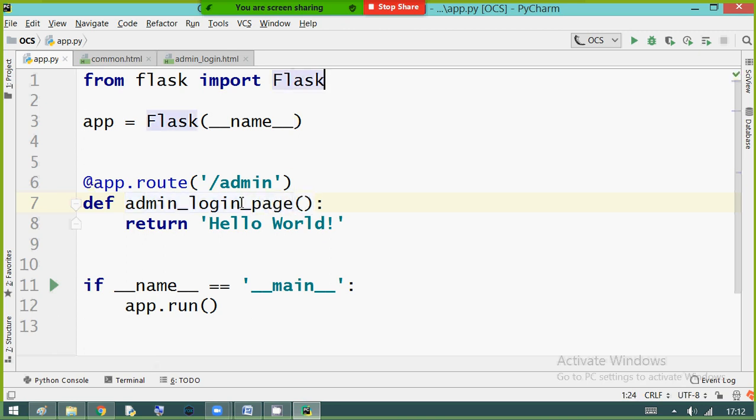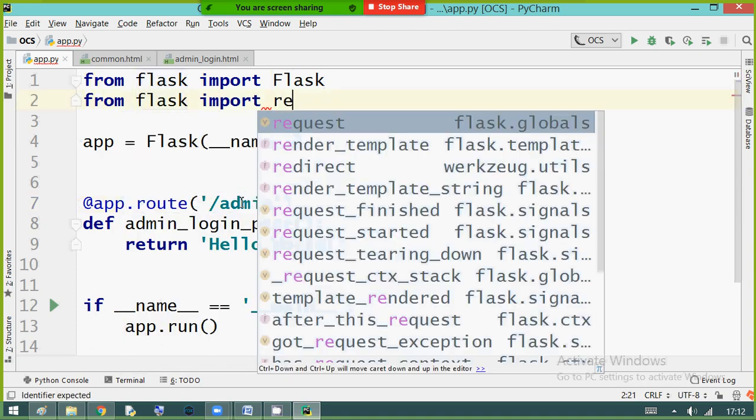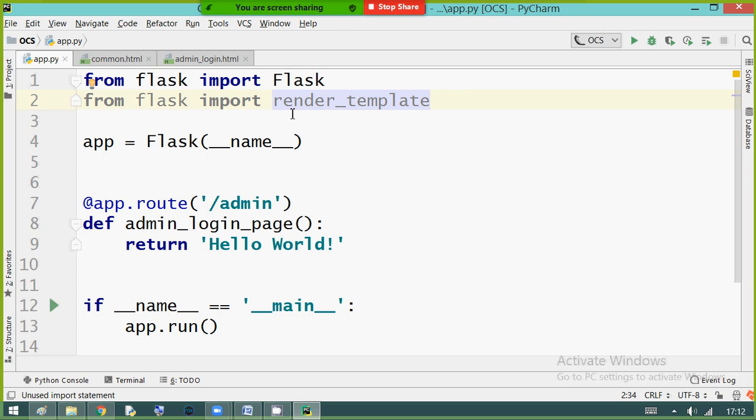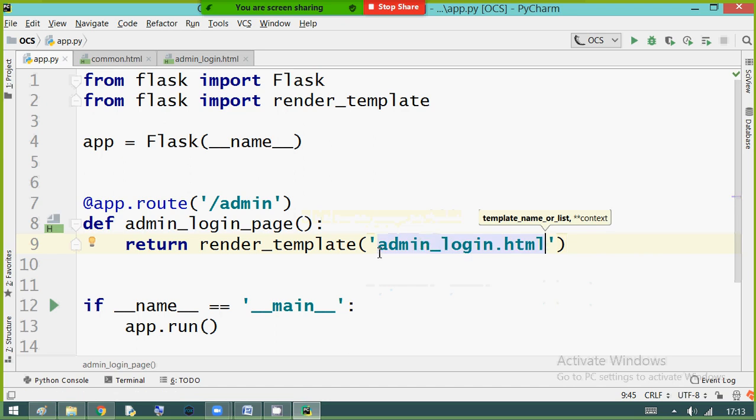So I'm importing the render template function from Flask. This is a function called render_template. Now return render_template with admin login.html.